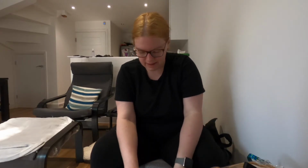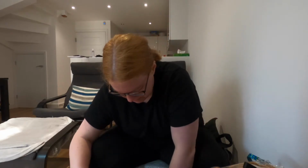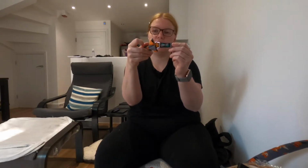And then finally, if Bailey will let me put this one down. Oi, monkey. Finally, from Penny Lou is the fox print collar, matching bow tie, and I'll show you the lead in a moment. So again, this is in extra small with the matching collar, matching bow tie. As you can see there, it's on the tightest setting again,